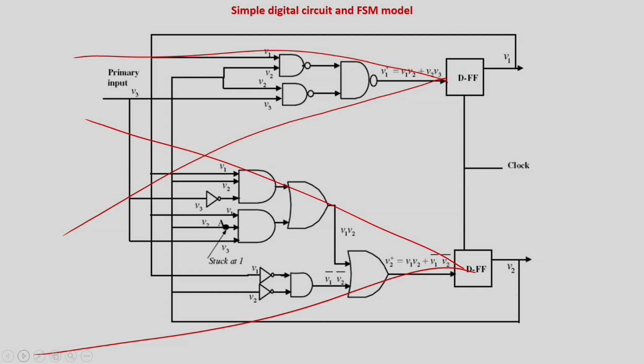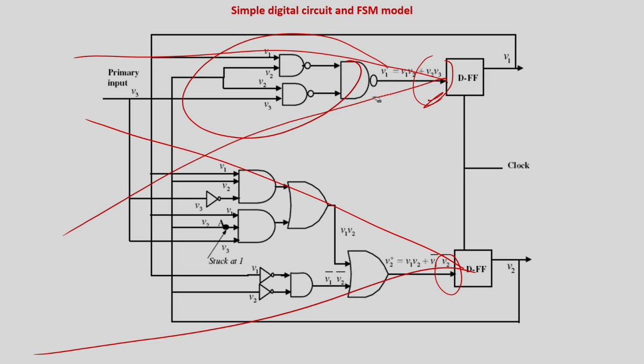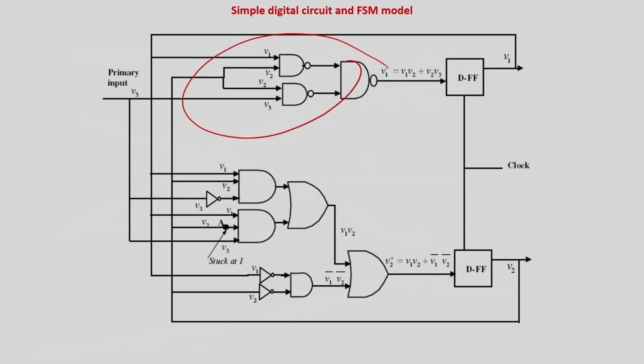There is something called cone of influence. Cone of influence means the subpart of the circuit which actually influences the output. If you look at this output of the circuit, these are the gates which impact or control this output. So these gates are in the cone of influence of this output, and for output V2, this is the cone of influence. It is very simple: you take an output of the circuit, and the gates and nets which actually control the output, that subpart of the circuit is called the cone of influence for that output. We will be using this definition, so I am just telling you in brief.